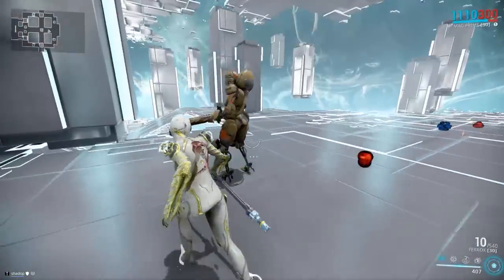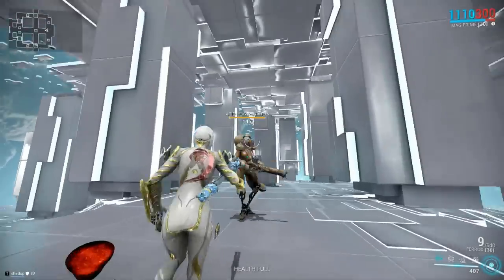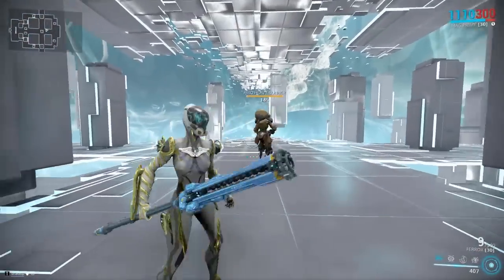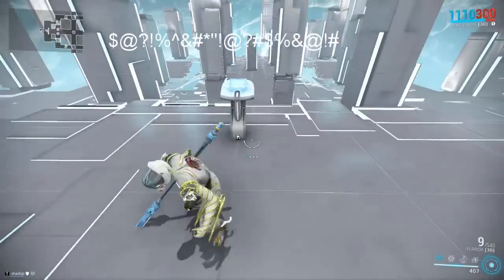But the main function of this is so that you can test your weapon, do whatever you want with it, and see the damage done while it is not able to kill you. This is really good, especially if you want to test with a squishier frame. So speaking of squishy,